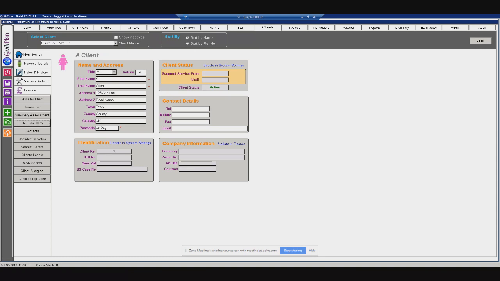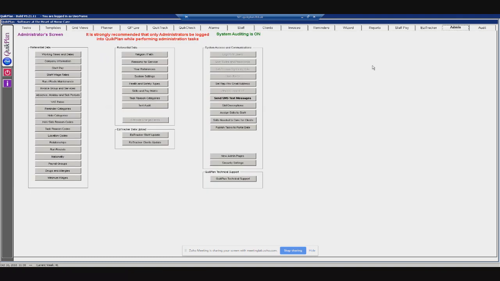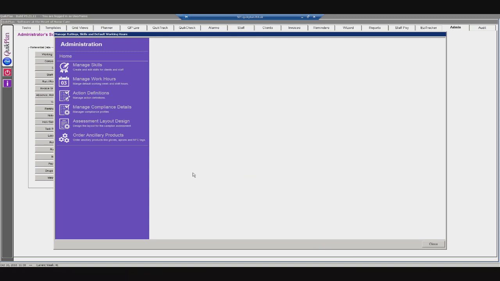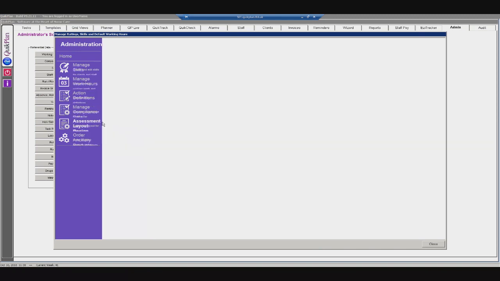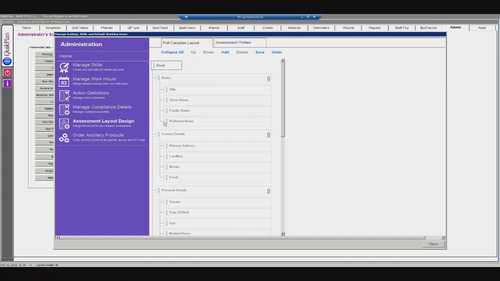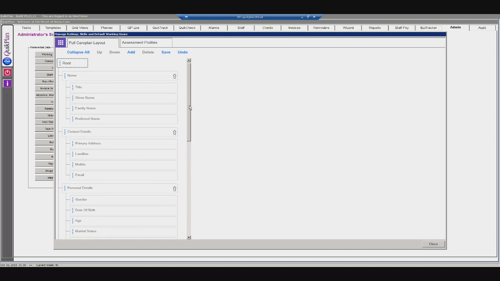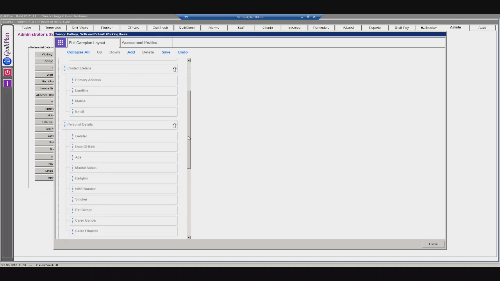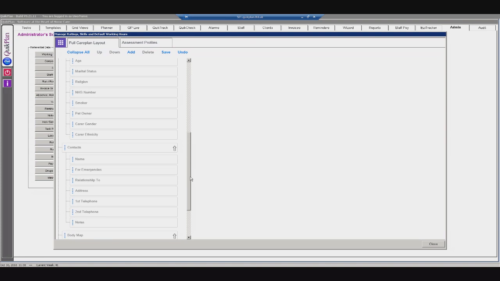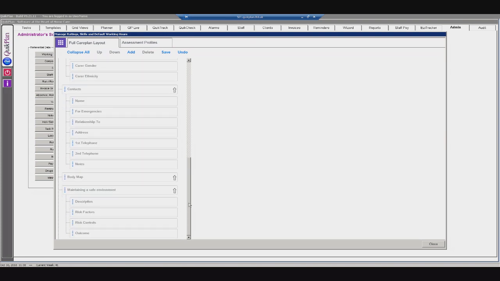Area, what we're able to do is set up your care plan. So in the new admin pages, on the left hand side we've got assessment layout design, and in here this is where you have your layout for your care plan. So as you can see, we've got the name, contact details, personal details, contact details, body map, and maintaining a